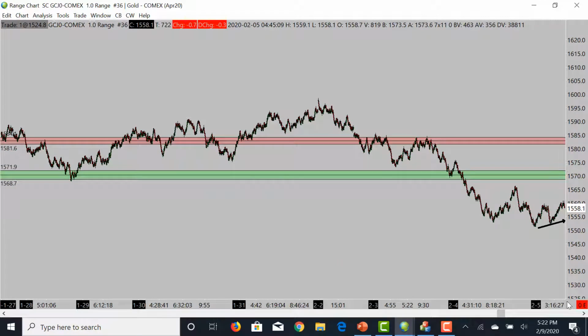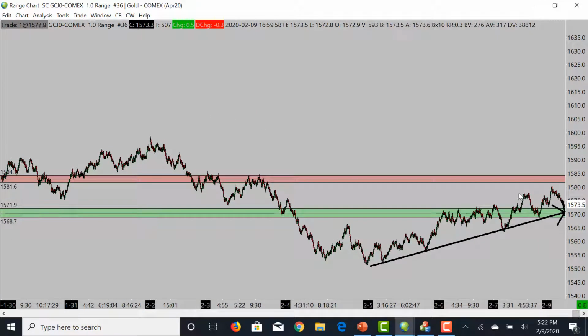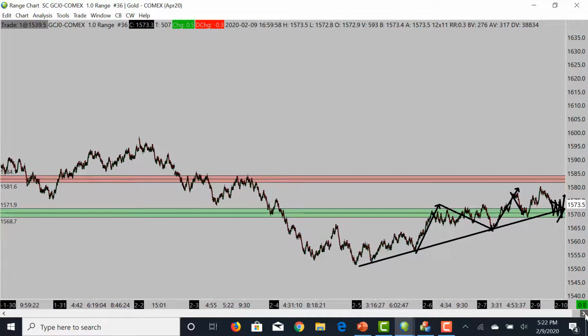So we're going to see, given that we have held some strong structured levels of support in this move, we're going to count this here for a second. We have a 1 move, right? A pullback, 2, 3, pullback, 4. We're going to look for this upside move here on this pullback to push up higher. All right, so this fourth one on here, if we're counting wave movements here for a second,